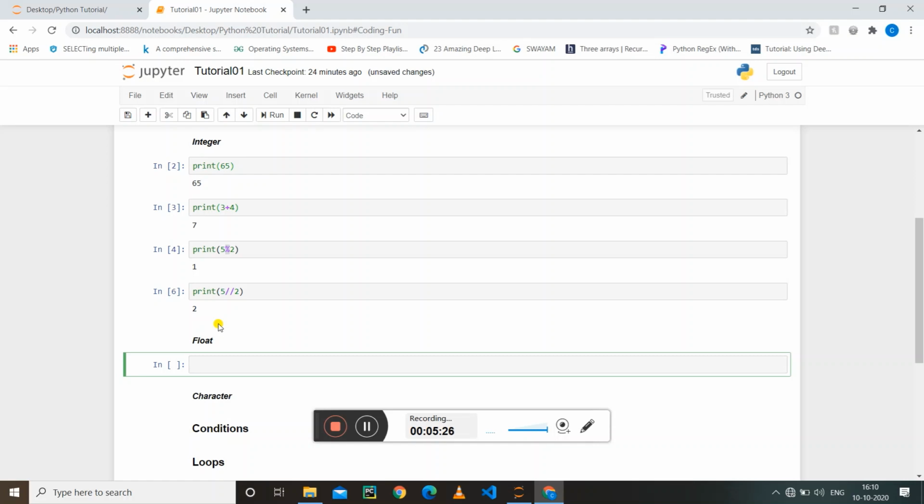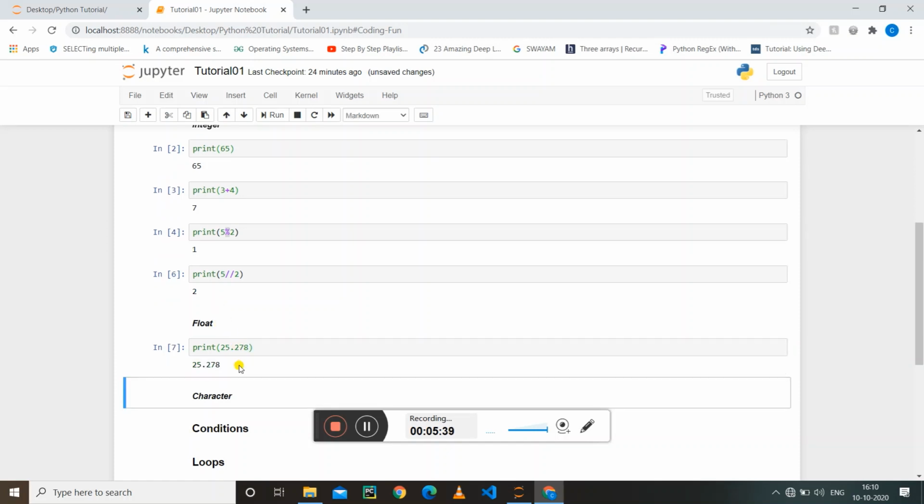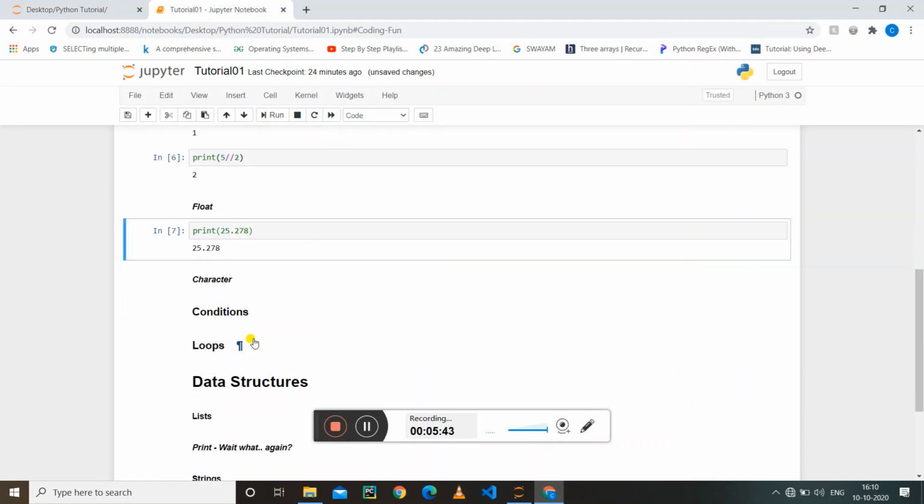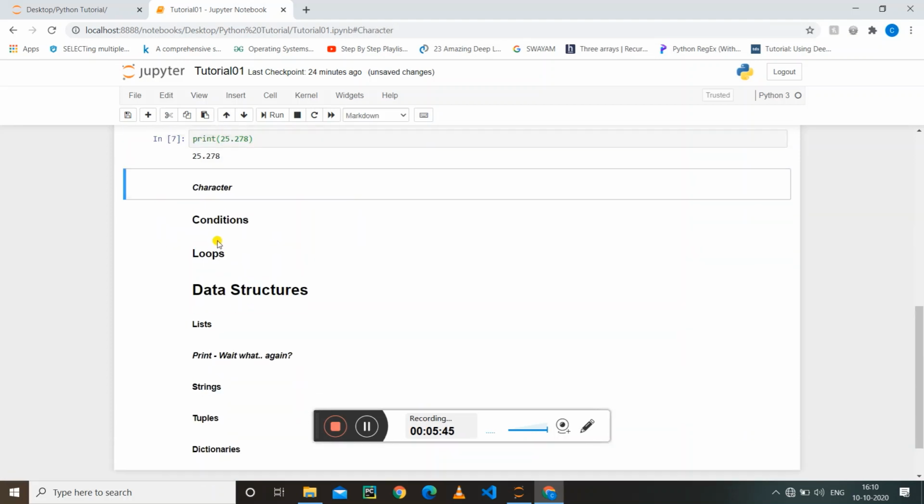In float you can have decimals, so it is also as simple as print, like if I say 25.278 something like that, and if I run this it completely works. Similarly all the things will go just like that, but in character